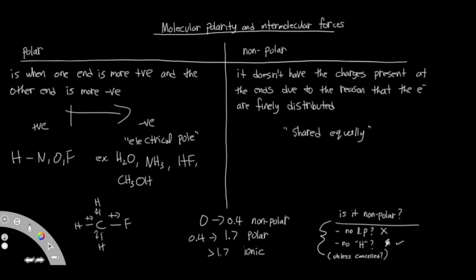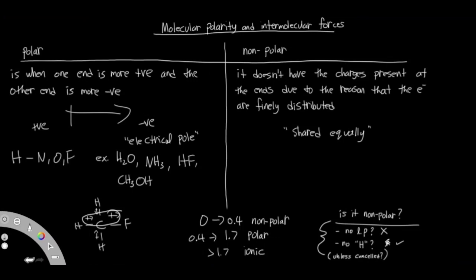If you were to get this carbon and the electronegativity of hydrogen and get these two together, they're obviously going to be exactly the same, and they're going in opposite directions, so they cancel out really well. However, this does not cancel out with this. First of all, they're different elements, the hydrogen and the fluorine, so the electronegativity difference values are going to be different, so the magnitude is different. So even if they were going opposite directions to each other, it wouldn't really cancel out anyways because of the